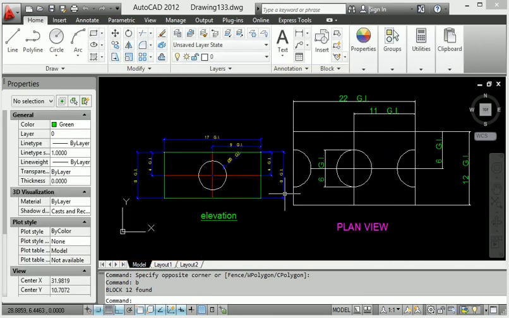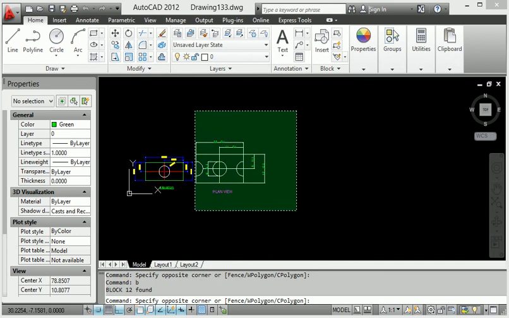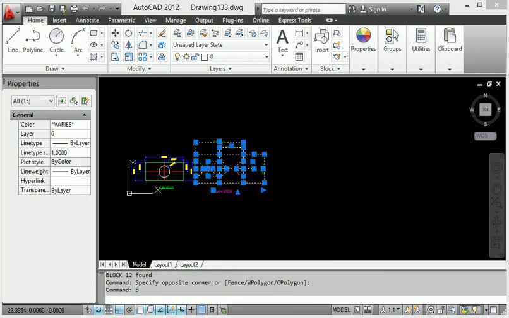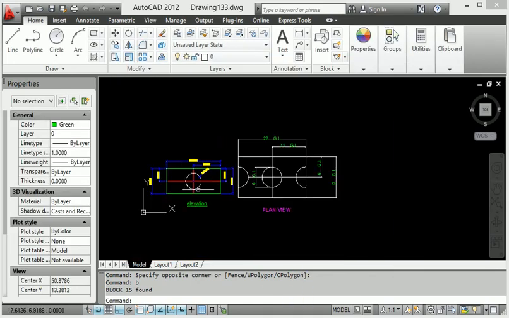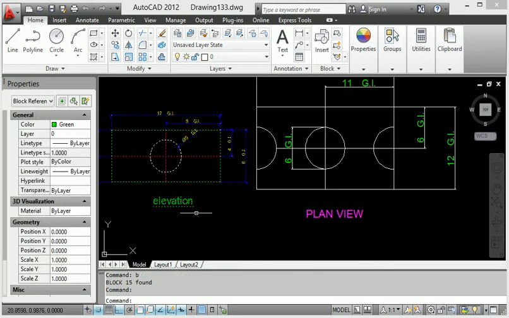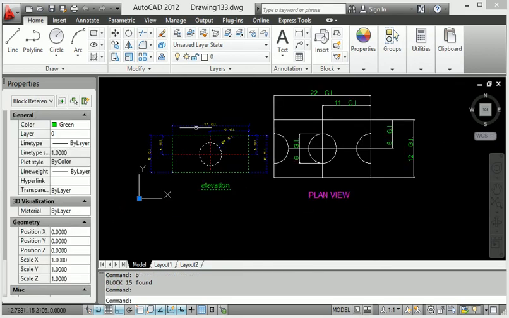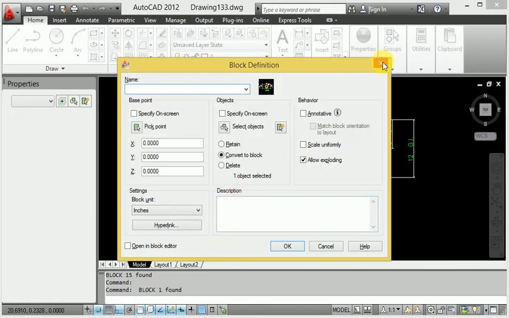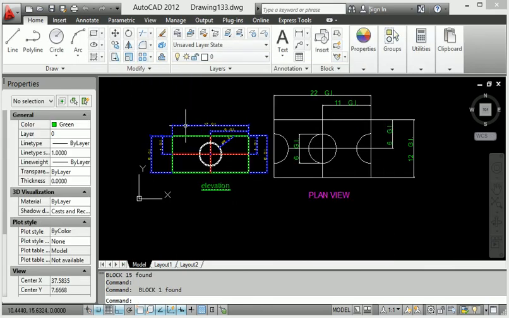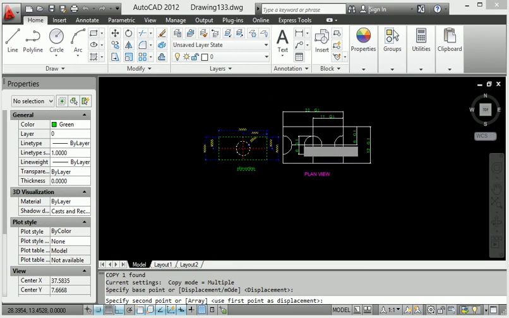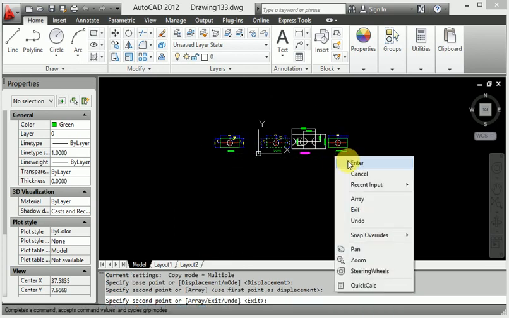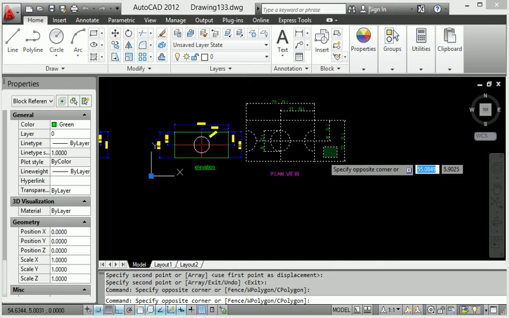So when you go to block, I will provide the one diagram, and again I want this to be a second block definition, so I name it D. So both blocks have been created. I am selecting this one place, not here, not here, not here. They are not required everywhere in the selection. They are required only in one place. It becomes easy to move and copy and do everything in an AutoCAD project.